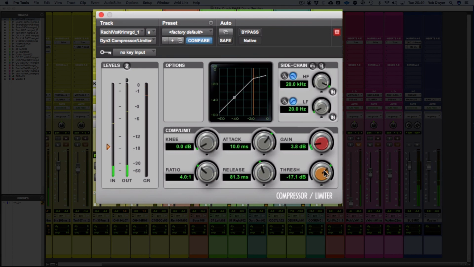So up here at the 17:1, I'm just going to make it a bit more obvious. So up here at 19, if I have it a really fast and sort of hard knee,